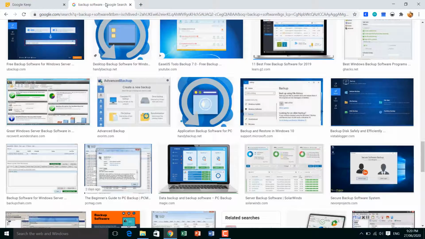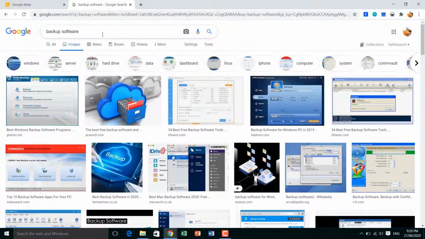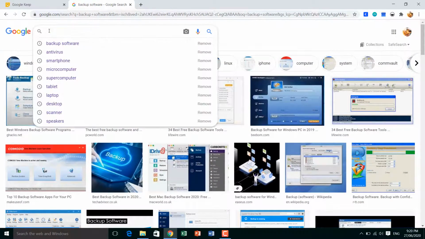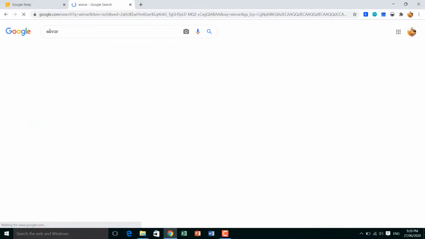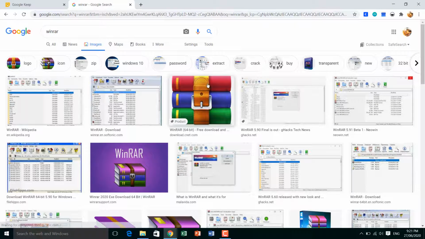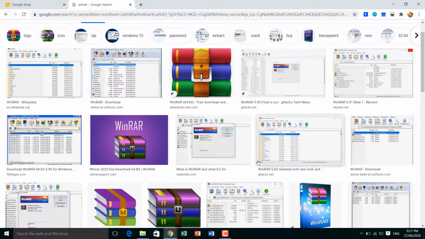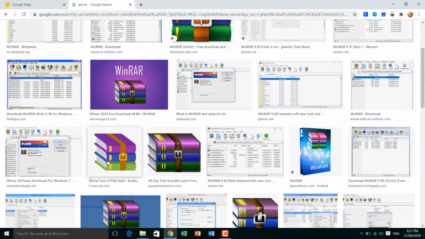We will see the image of a WinRAR file. With WinRAR software you can compress many files or folders into one file. That is called a WinRAR file. You can see the symbol is like many books held in one belt. You can combine many files into one file. That is called a WinRAR file or compression utility software.